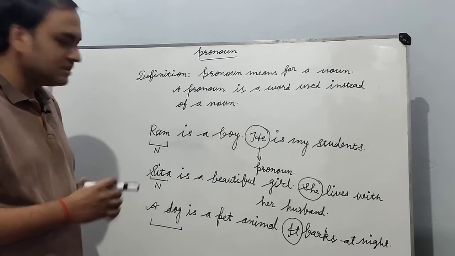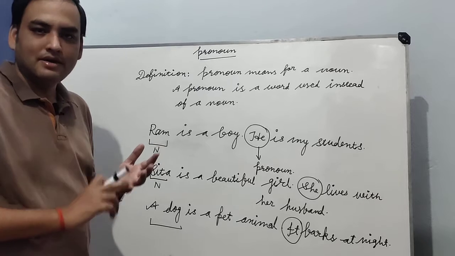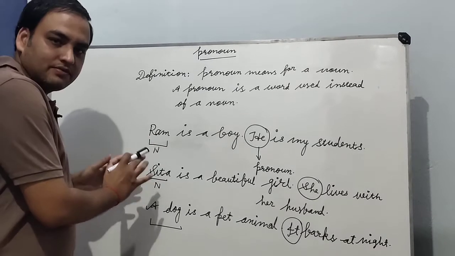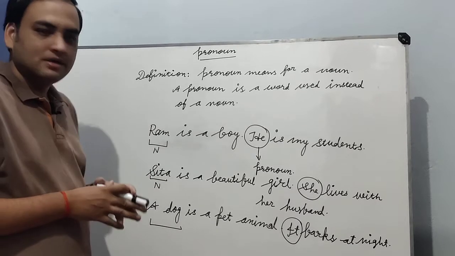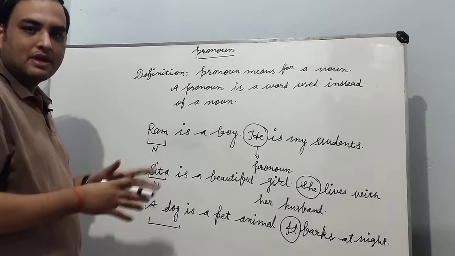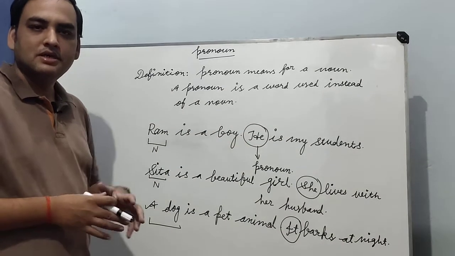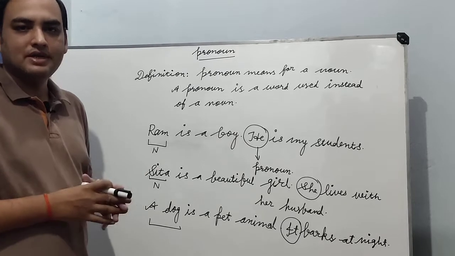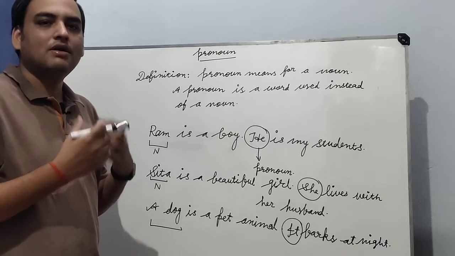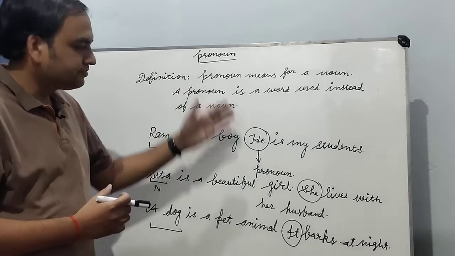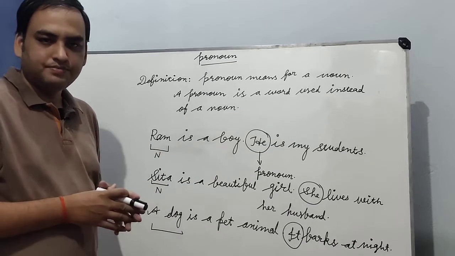By using a similar concept, we have to check its number, its case, its gender and its situation where we are using this in a sentence. So students or my dear friends, we have learnt here why we are replacing noun and how we are replacing noun by using pronoun. Why are we replacing? To avoid unnecessary repetition of any word in the form of noun, we are using pronoun to strengthen the beauty of any particular sentence or this beautiful language English.